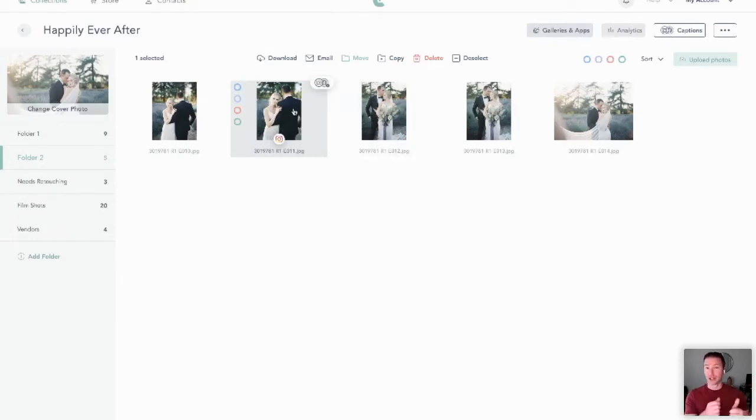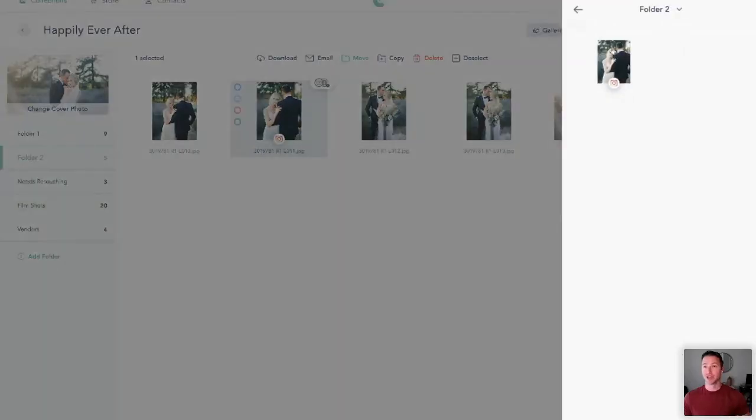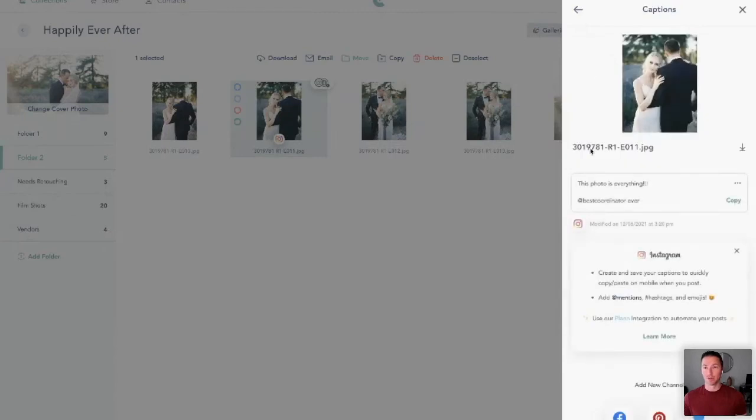On CloudSpot, you can log in on your mobile device. You can instantly click on this. You can click on our captions, actually. You'll see all the images that you've saved a caption for. And even on your mobile device, you can tap, hold, and save that image to your device. And like Karina was showing, like you do with the captions here, you can do the same thing here. You can copy the caption that you've saved to your clipboard and then paste it into Instagram.